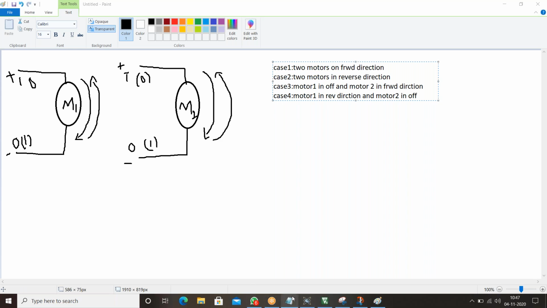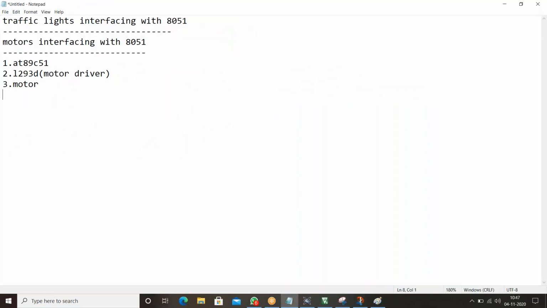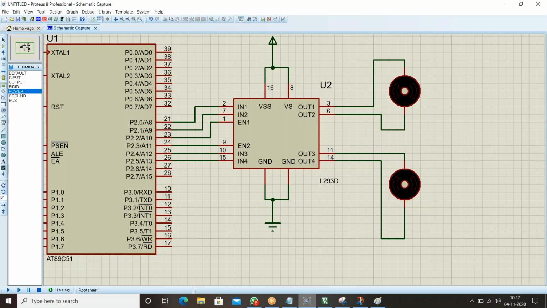Let me take this notepad. Here I'm going to take the total port 2.